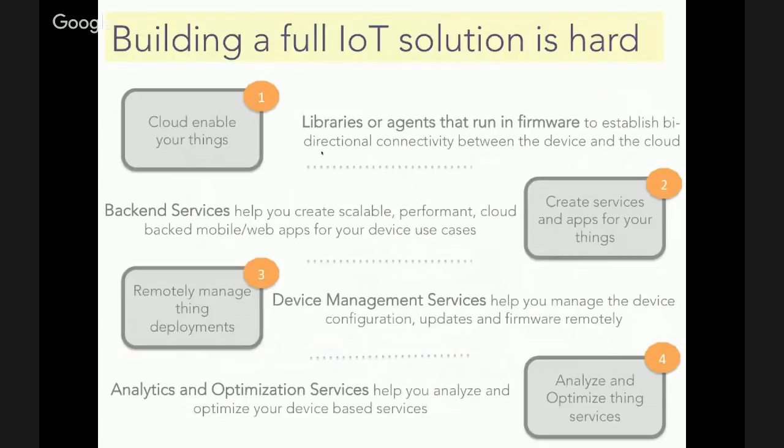So of course, building all of this stuff is really hard. You've got to cloud enable your thing, first of all, whether it's directly from the device or if you're leveraging an app to communicate with the cloud, it's got to be done. So if you're a hardware manufacturer, you might not be the best app developer. You might not be the best cloud developer. So while you may be able to do these things, scaling up a backend service, creating a backend service, this is not trivial. And that's kind of what Key is here to help you just cut this out of the equation. Just worry about building your device and building the app, and we'll help you with the transport layer and